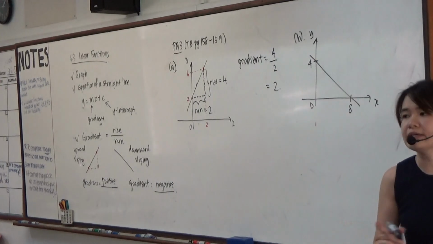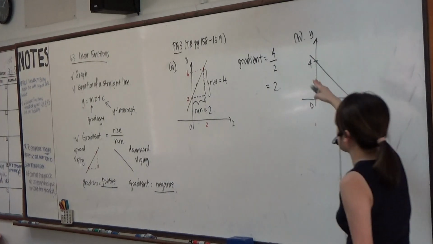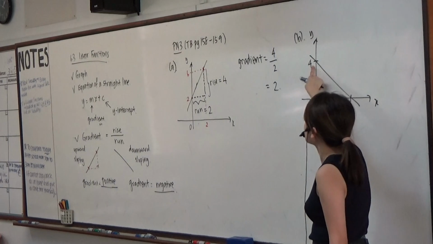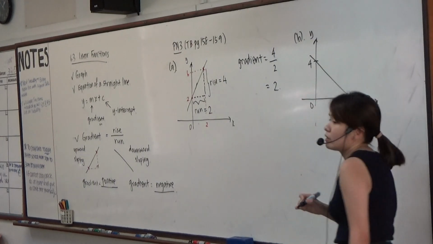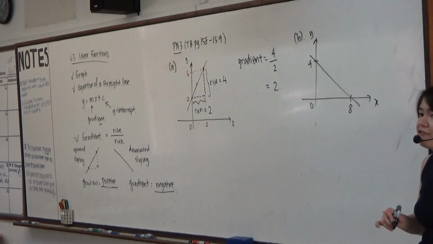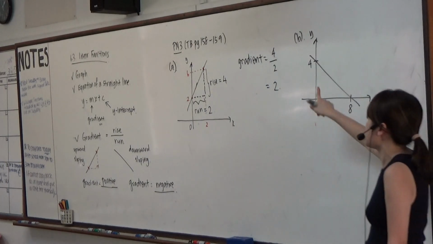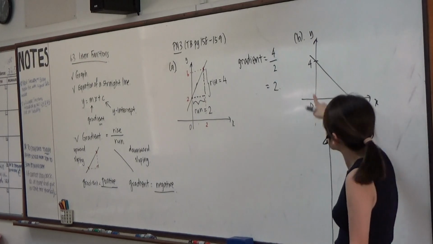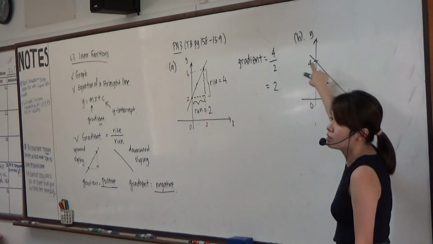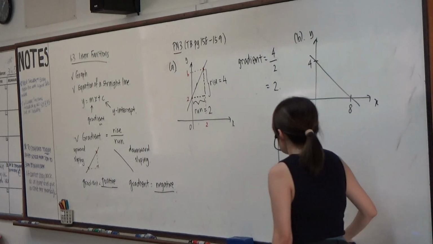Okay, for part B itself, we have a line that actually cuts through like that. It touches the y-axis at 4, x-axis at 8. Okay, so how do I find out the gradient? Since it actually cuts at 4 and 8 already, we have a very nice right angle triangle that looks like this. Agree? Okay, so now in order